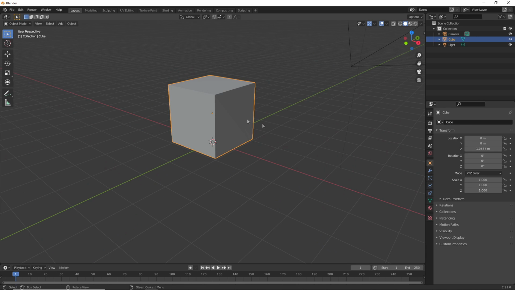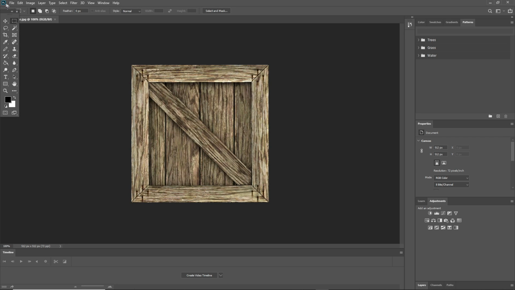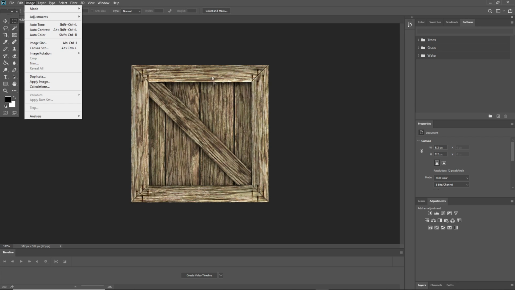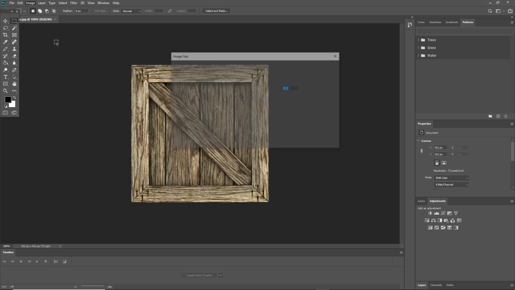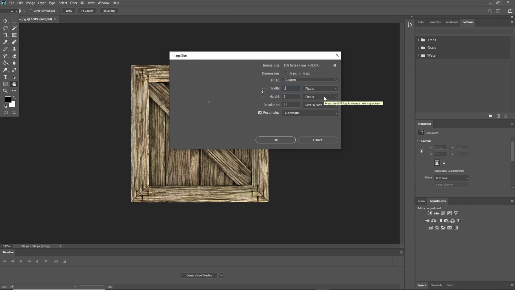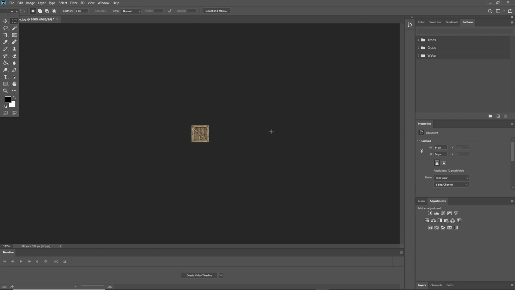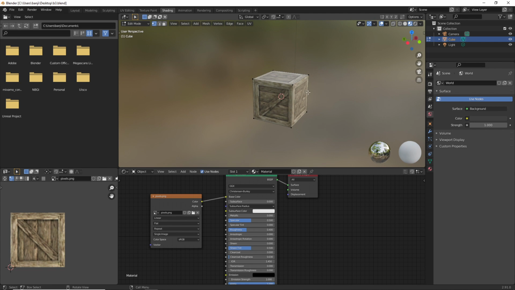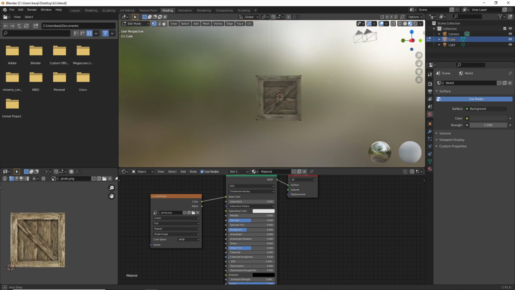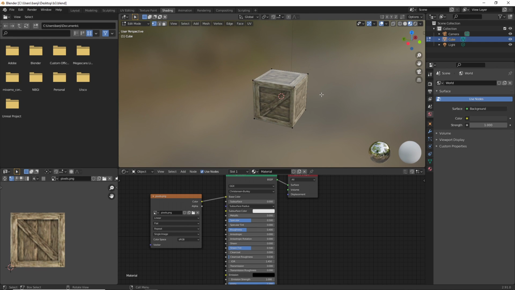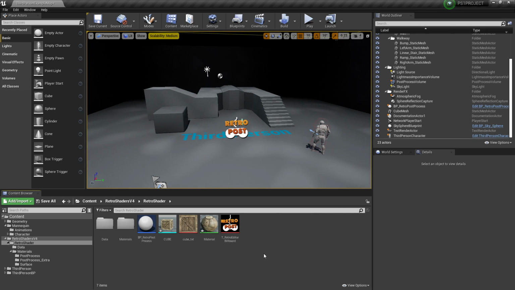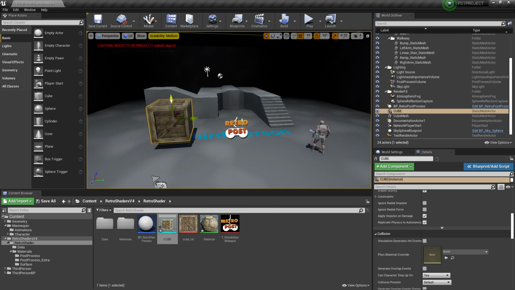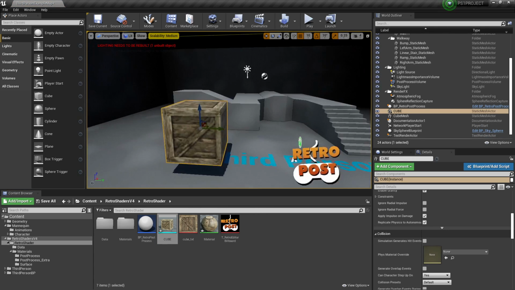So to create a PS1 texture for it, you can get your texture, and then you want to scale down the image of your texture to a size of around like 64 pixels by 64 pixels. So I just made this simple crate texture for this cube model. So once you've got all this, you can then put it into Unreal Engine. So I've imported my cube model into Unreal Engine. So if I just drag it into my scene, in order to make it have that classic PS1 warping effect,